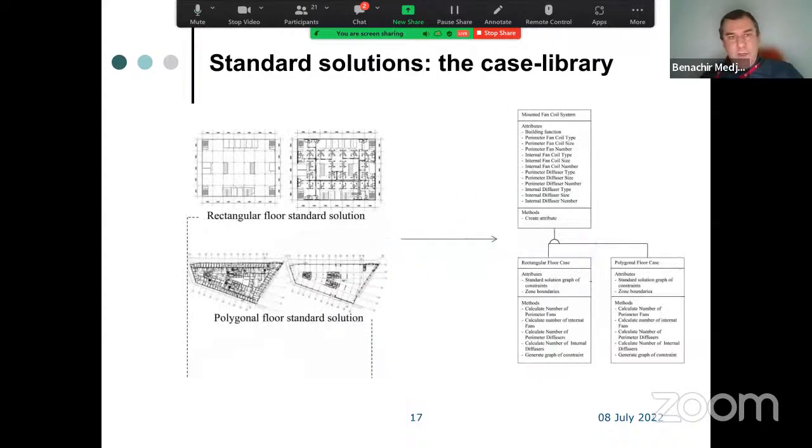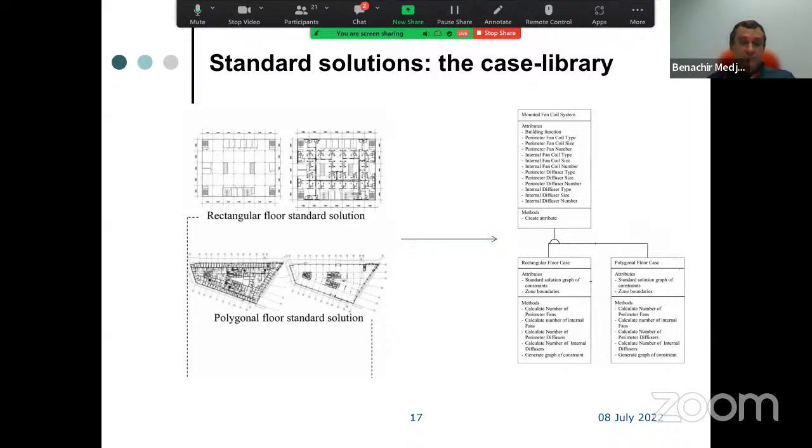For the case library, we have developed, with IECOM actually, and the Biddle system, which were partners as well with Bentley Systems, a standard solution library, which is a set of solutions based on different criteria. I talked before about how we divide buildings by zones, then by the shape or geometry of the zone, such as a regular polygon, which is a rectangle or square.